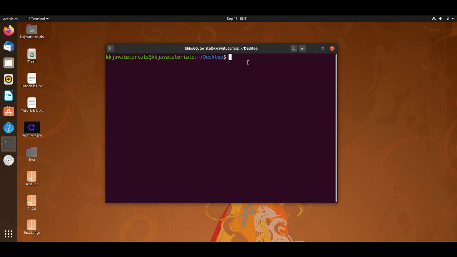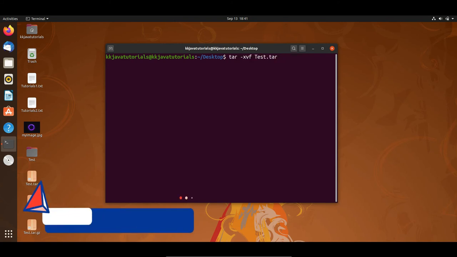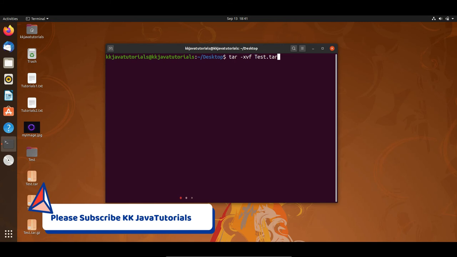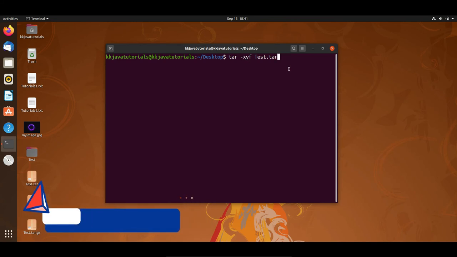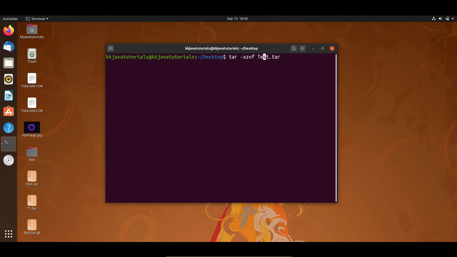Now how to extract basically .tar.gz. So that's very similar to extracting a basically a tar file. So to extract a tar file we had used the command tar minus xvf and then tar file name, right? So here we have to do some change. X stands for basically extracting, and here you have to give the z. So z signifying that you are trying to uncompress .tar.gz file. So here .tar.gz file we would like to extract, right?